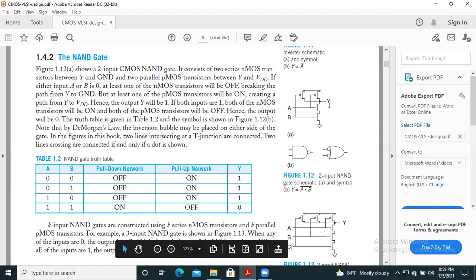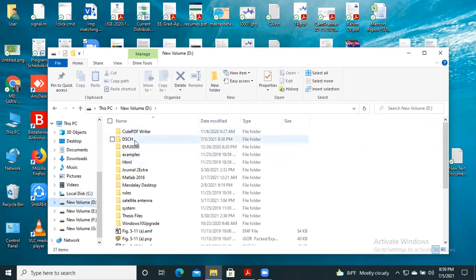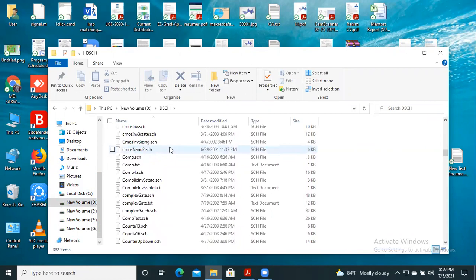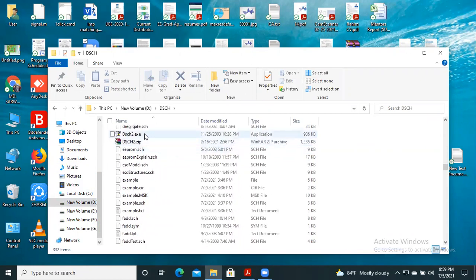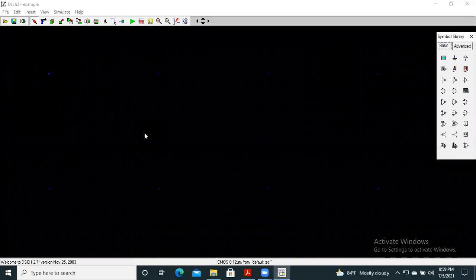Now we are going to analyze this circuit with the help of DSCS software. So let us move to DSCS software. This is our DSCS window.